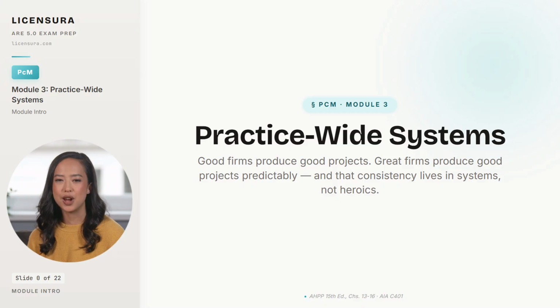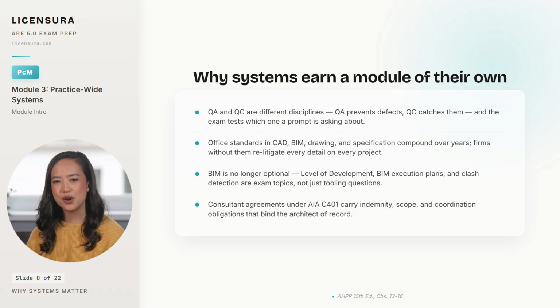Four reasons firm-wide systems earn their own module. First, quality assurance and quality control are different disciplines, not synonyms. QA prevents defects by setting standards and procedures in advance. QC catches defects by reviewing the work after it exists. The exam will write a question that turns on which one the prompt is asking about, and the wrong answer